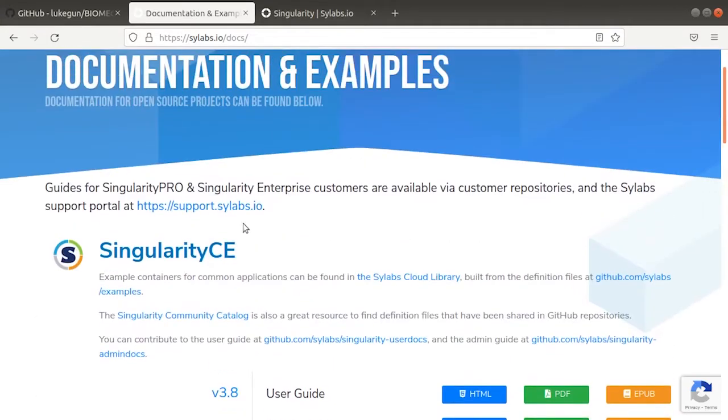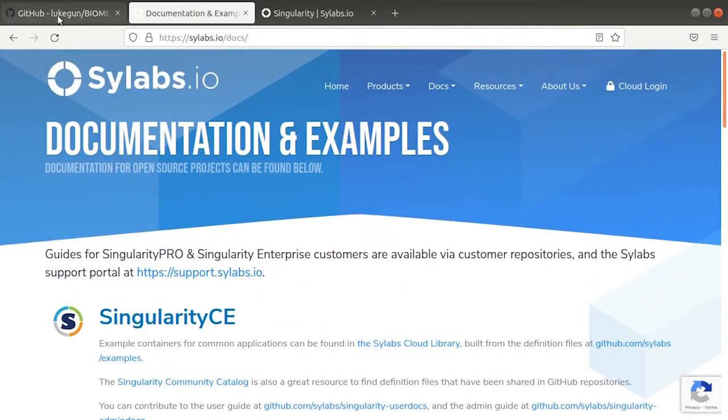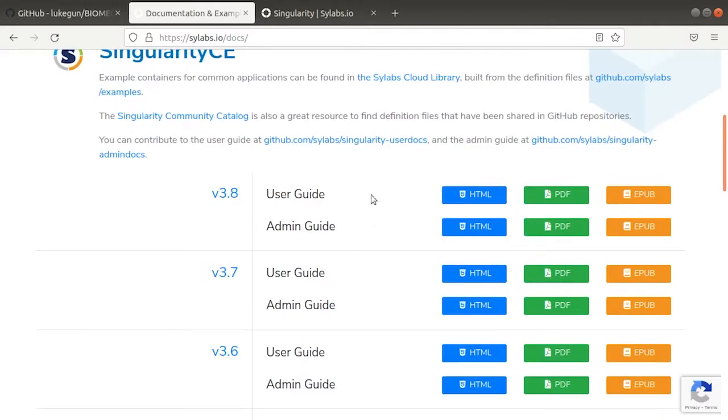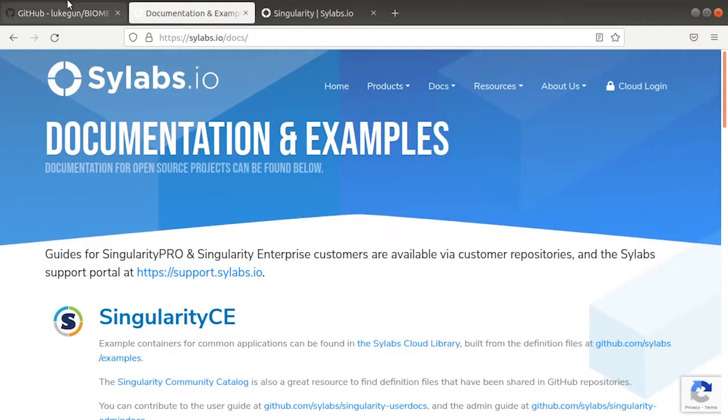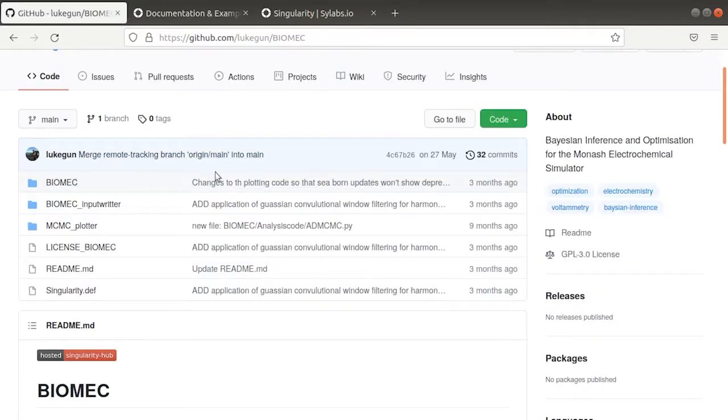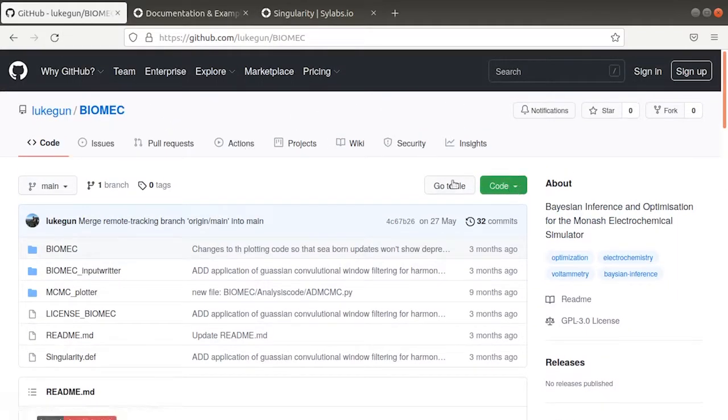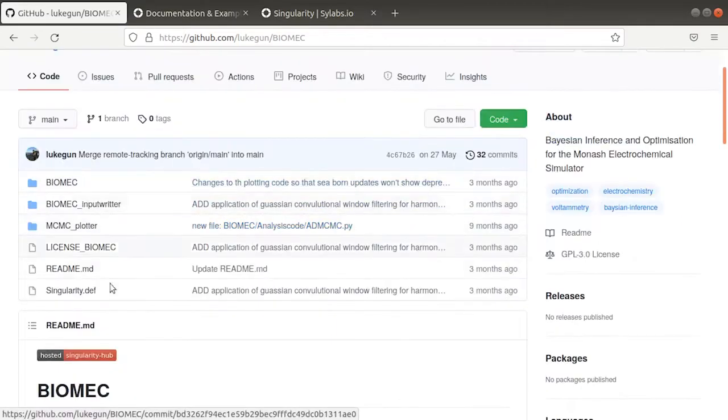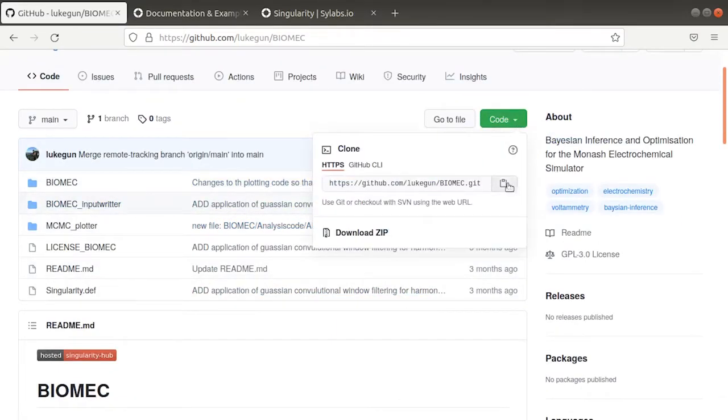It works quite well. It's quite easy to install. You might have to download a few other programs to get it running, but once you get this up and running, you can do all of this. So once that's installed, you just go to the GitHub repo for BIOMEC. This has all the source code here for BIOMEC. You'll also need Git, and just click copy,